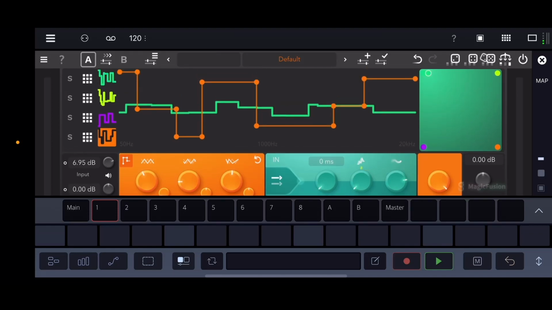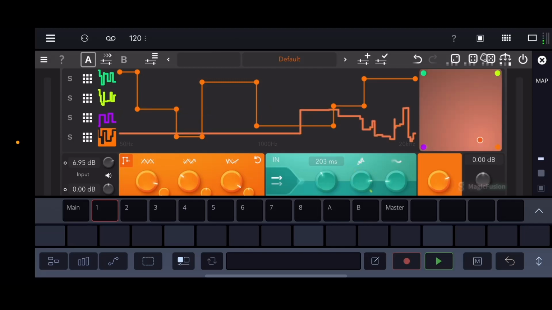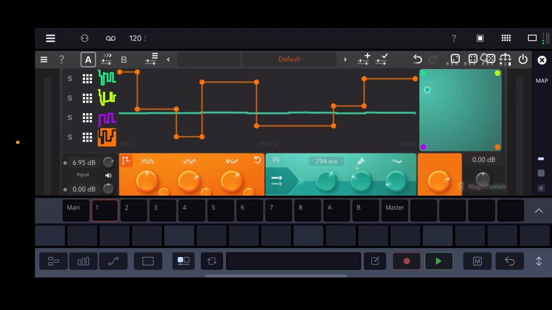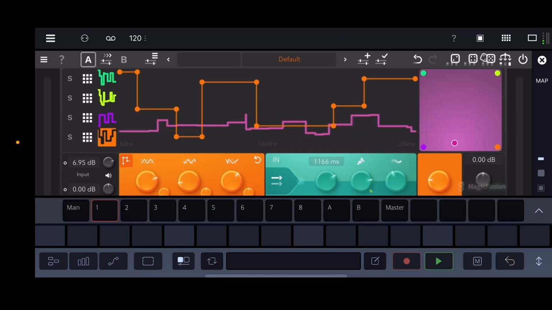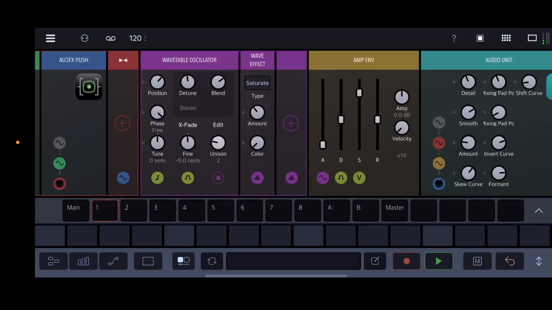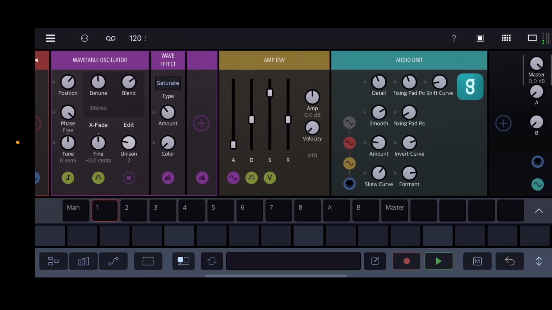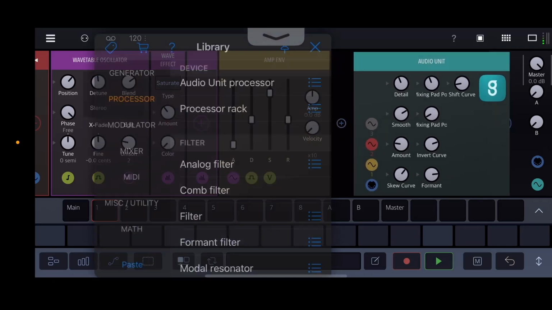And before we go, I'll show you one last thing that's super cool. That's kind of like a hack within these things. So if you were to hit this dice button, we can randomize these presets to however many you want to. But if you go to map and then you hit this button, you're going to automatically map 9 different things. So detail, fixing, invert curve, amount, skew curve, all that. And what you can do is grab an LFO here,